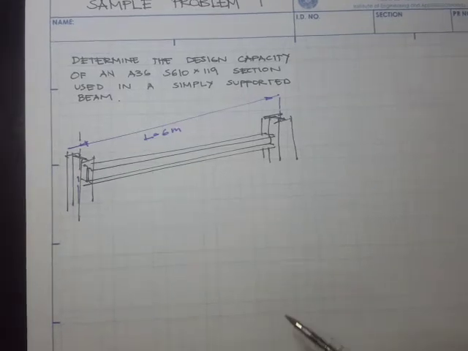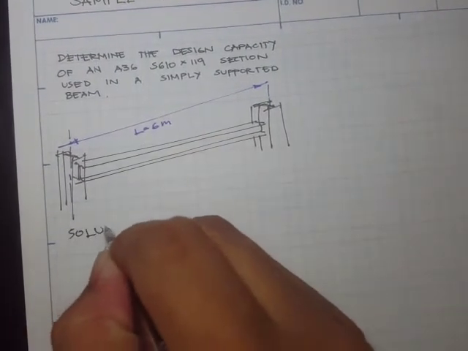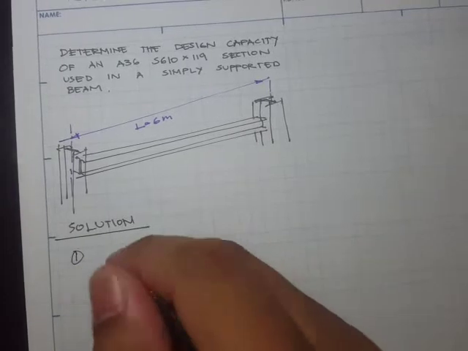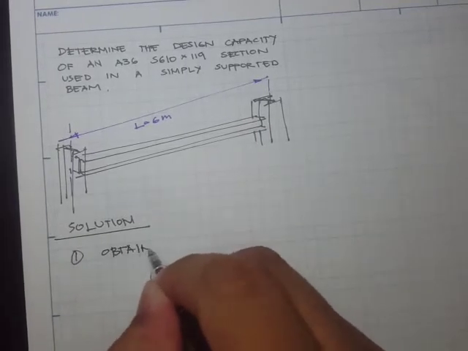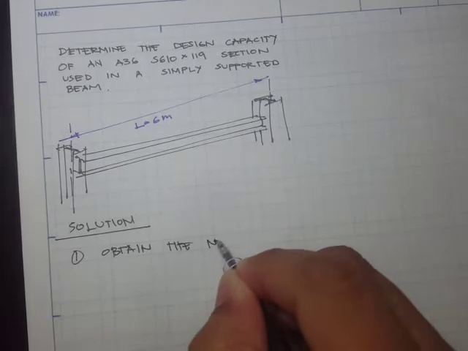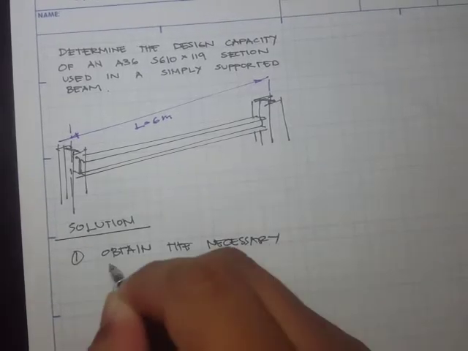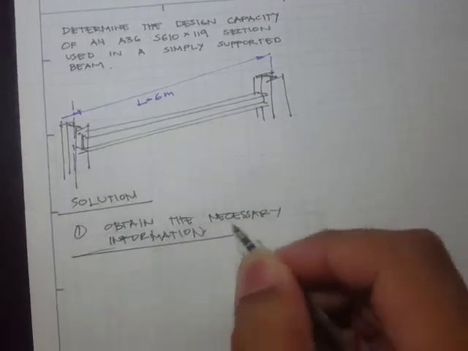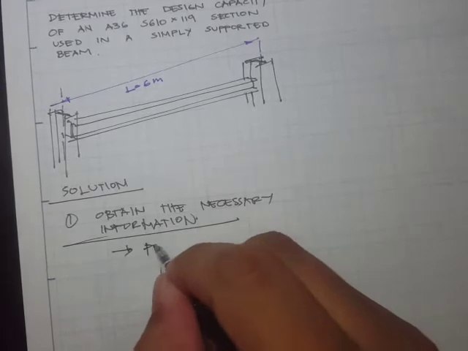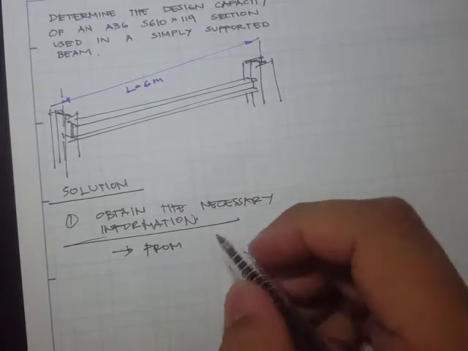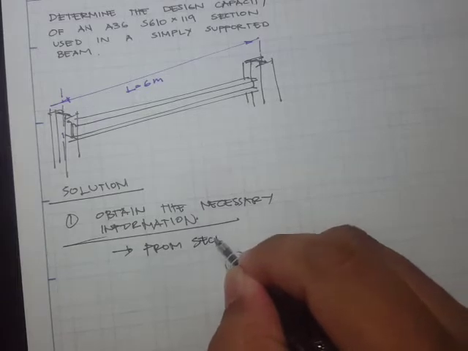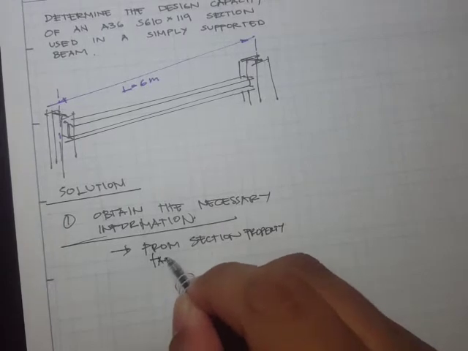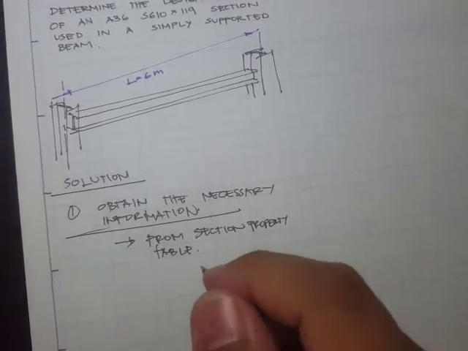Okay, so the first step is to obtain the necessary information. And where do you get this? That's from the section property table. And what we get is